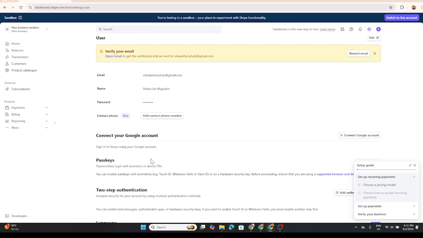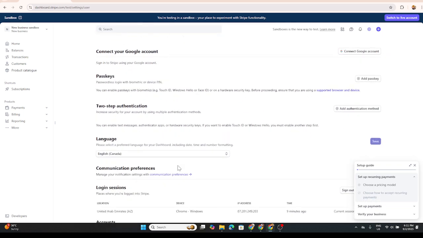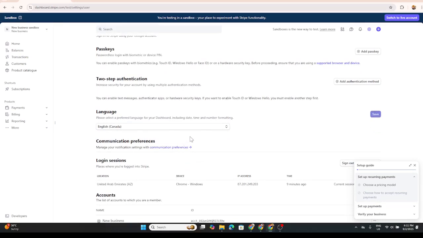As always, remember that keeping your account settings up to date can greatly improve the efficiency of the tools you use daily. If you have any questions or need further assistance, don't hesitate to reach out to Stripe support or visit their help center for more